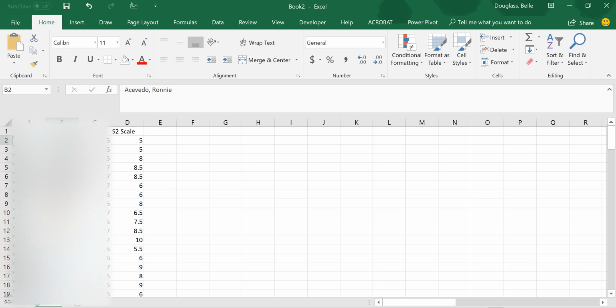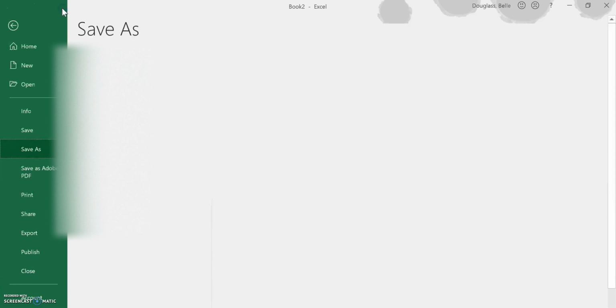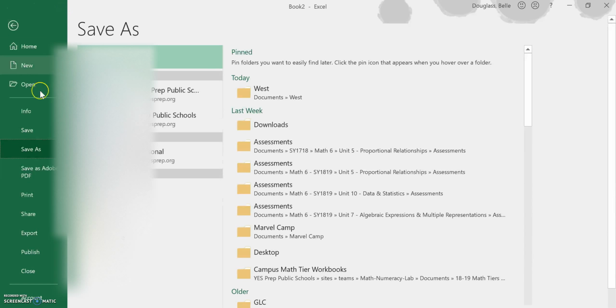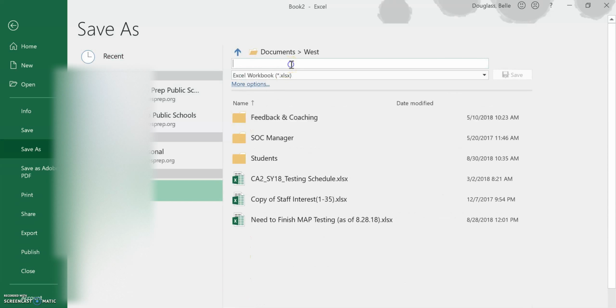The name you don't actually need, I just use as a quick check of, is that actually the grade that I meant to have in for that child? So when I go to save, I'm now going to save it as something other than an Excel spreadsheet. So I will save it just in a random place. I'm going to call it